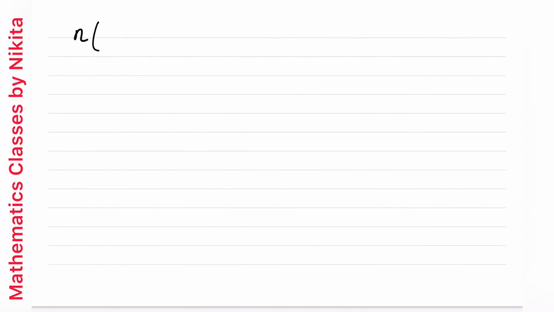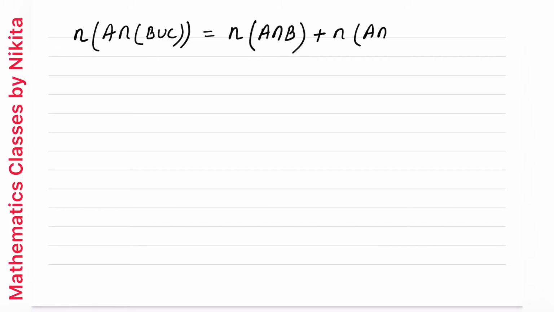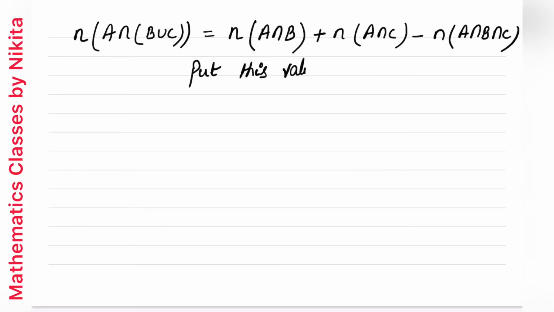So A intersection (B union C) is equal to the number of elements in A intersection B plus the number of elements in A intersection C minus the number of elements in A intersection B intersection C. Now put this value in 1. So therefore we will get that the number of elements in A union B union C is equal to,